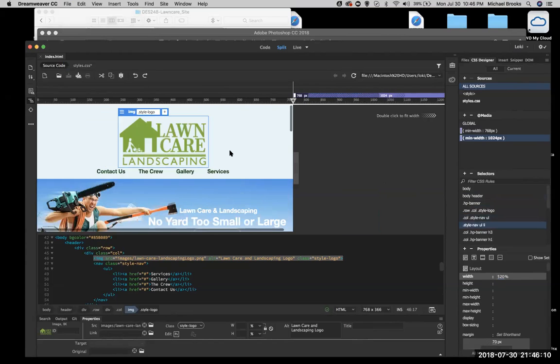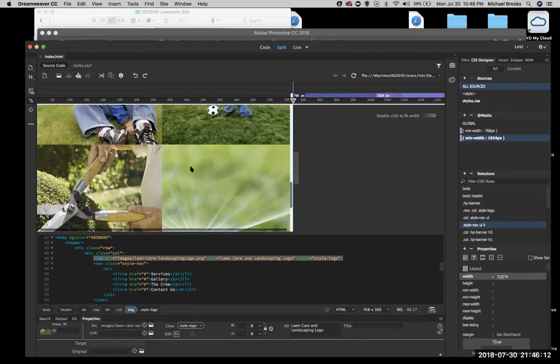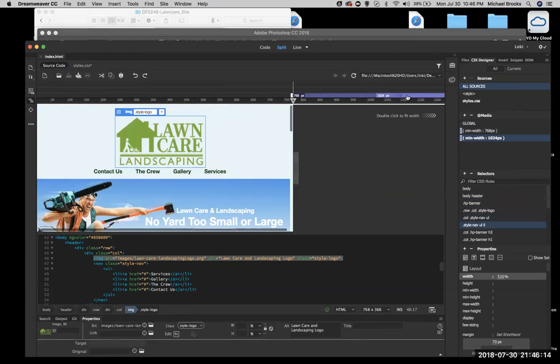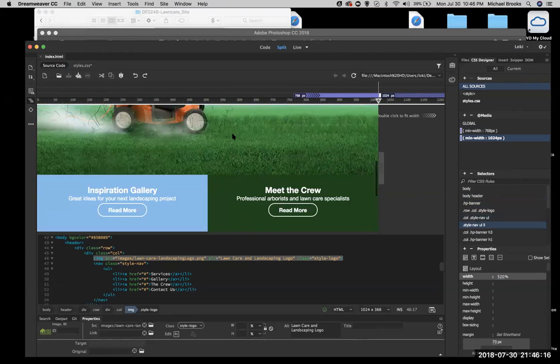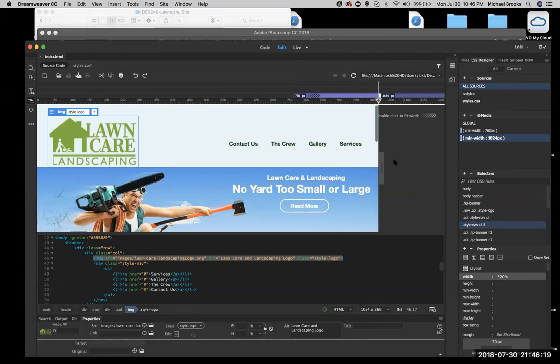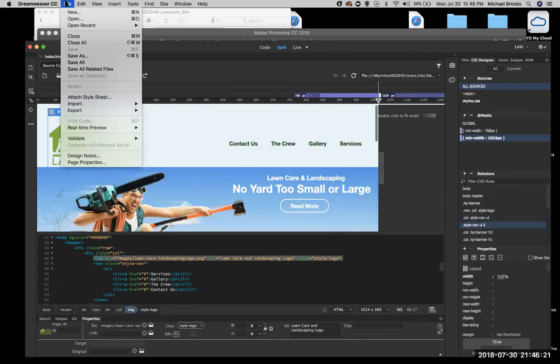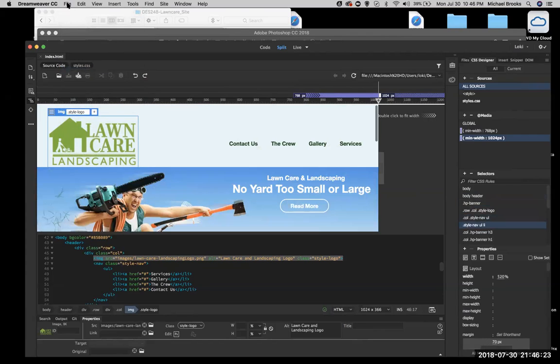All right, let's take a look. That's working, that's working. And that's weird how that's working at 500%. But we're going to save everything. I'll save all related files. Save all. All right, and like I said, we do not have to have the